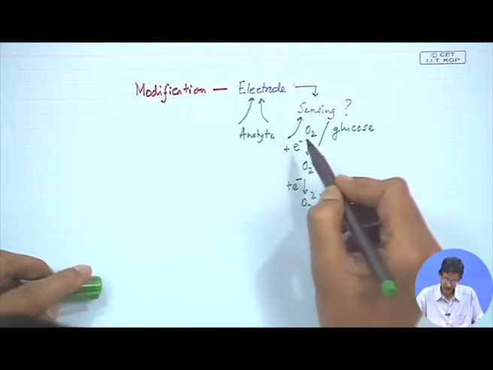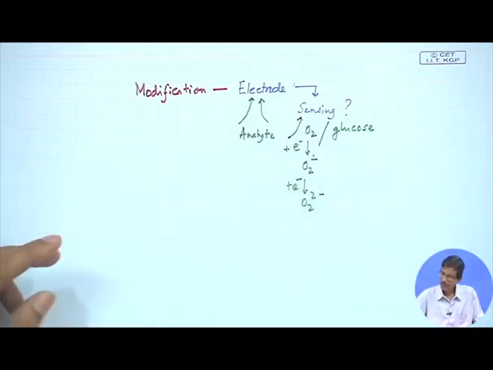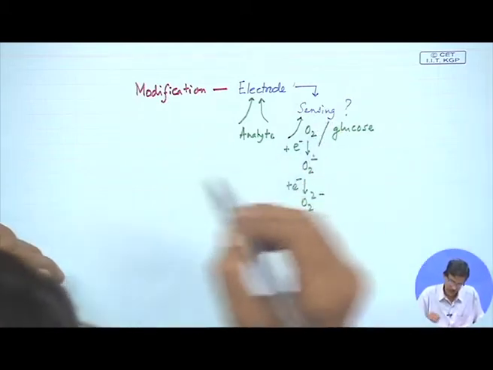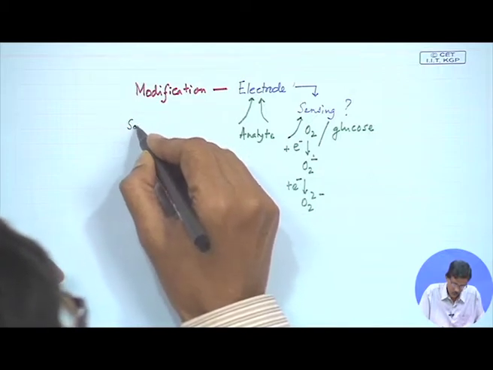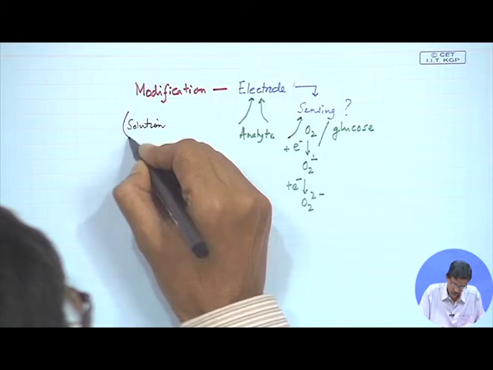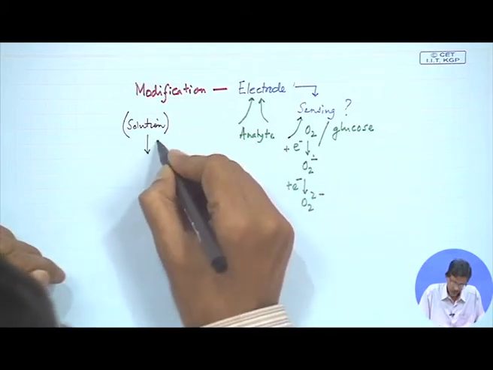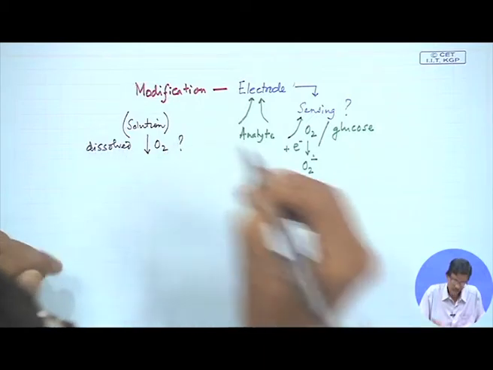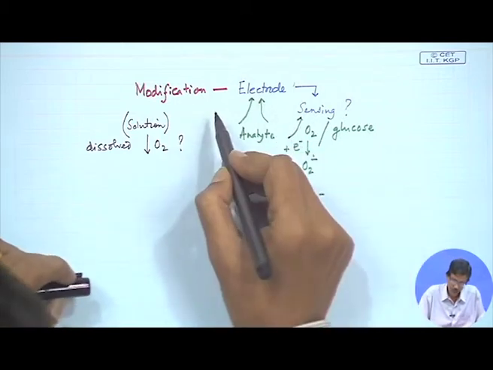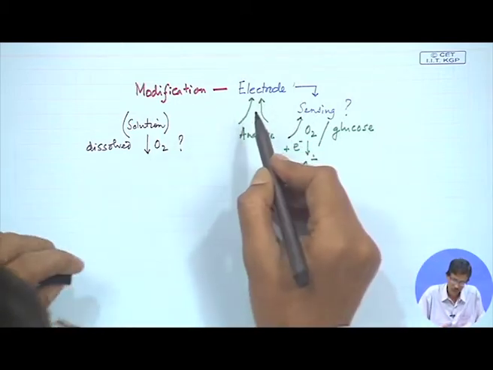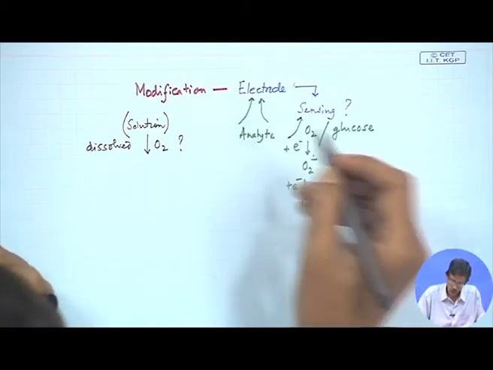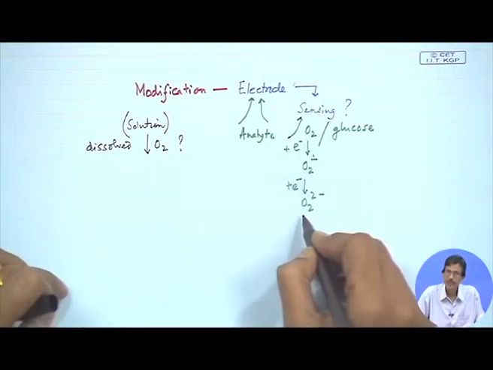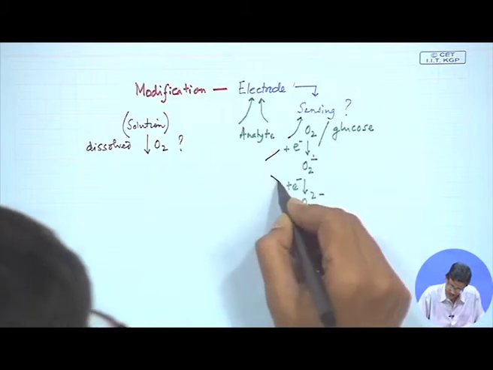So, this sensing business is very important in this way, that we have to know what to sense, because O2 is reaching and doing something, whether in a water solution or aqueous solution or some industrial effluent that has some dissolved oxygen. So, how can we measure the corresponding dissolved oxygen in terms of the electrochemical methods of analysis, or the application of whatever we are studying in this whole course? If we are able to detect O2, or even detect the electron transfer reactions,